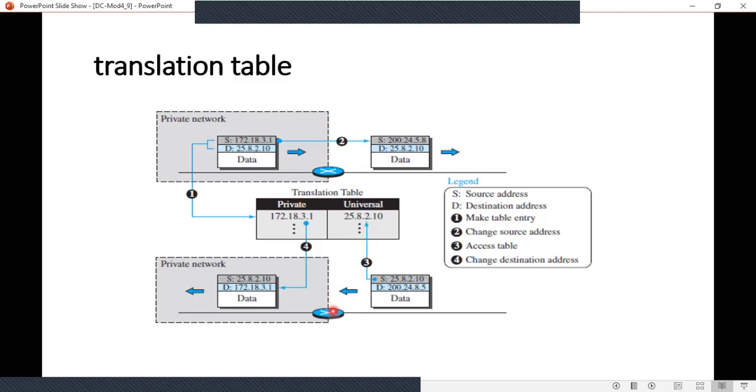Now, what this router will do is refer to the translation table, and it will check what the source address is now, 25.8.2.10, right? See here, this is the universal source address. Then what is the destination in the private network? You have to check. That is the reverse one, the private address. You check here. That way, the router will find the private address,